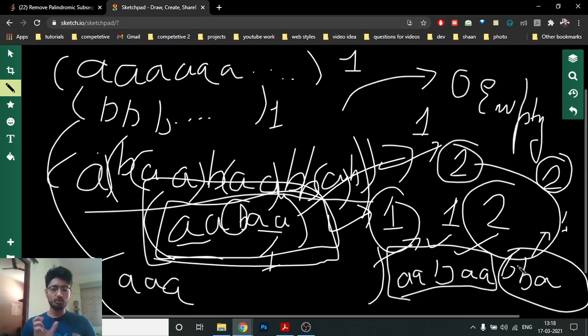So if the whole string is a palindrome, then you can delete it in one step. If everything is A or everything is B, you can delete it in one step, or else in any other case you can always delete in 2 steps. You should not go beyond 2 steps, because the simplest way is to delete all A's and then all B's. I hope you get the point of how we solve this problem.